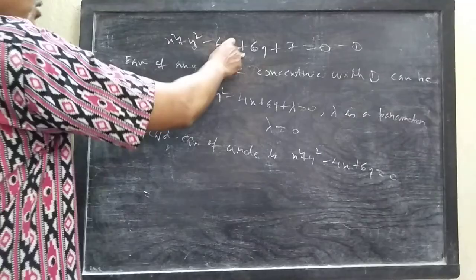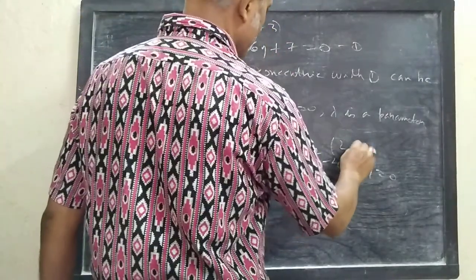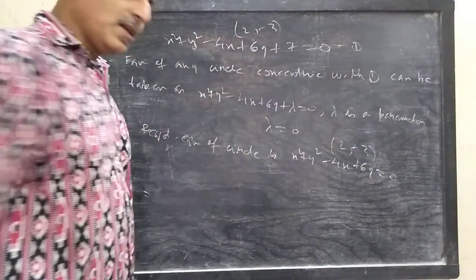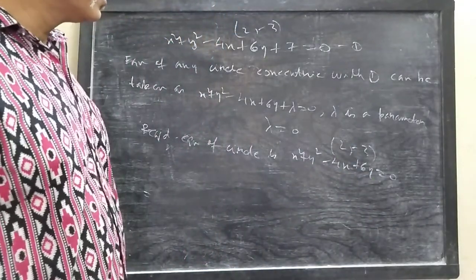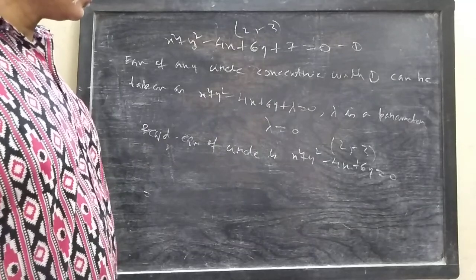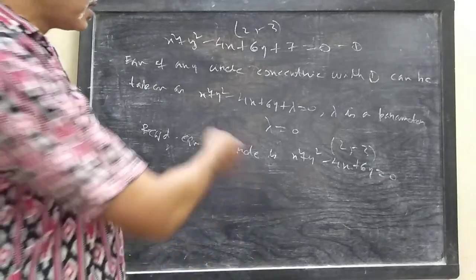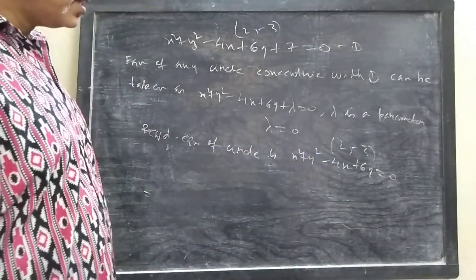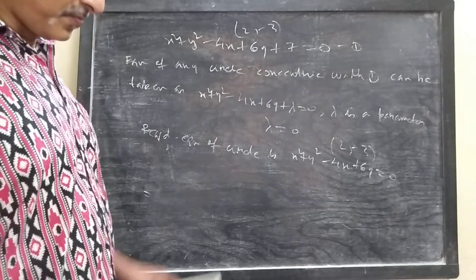Look, the center of this circle is at (2, minus 3). This circle also has its center at (2, minus 3). And this circle passes through the origin, that's why there is no constant term in this equation. Similarly, if you have another condition, say it passes through the point (5, 7), just pass this circle through the point (5, 7), you get the value of lambda, put the value of lambda here, you get the required equation of the circle. So in this way we handle a family of concentric circles.